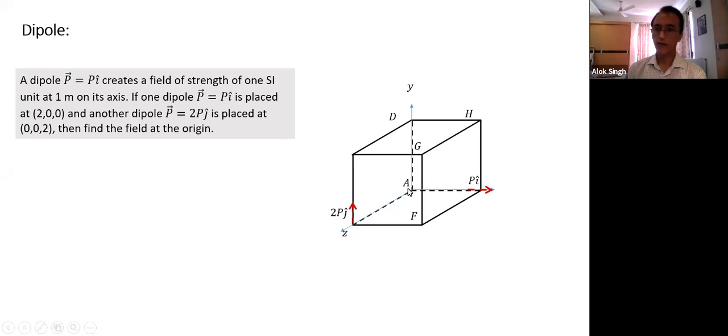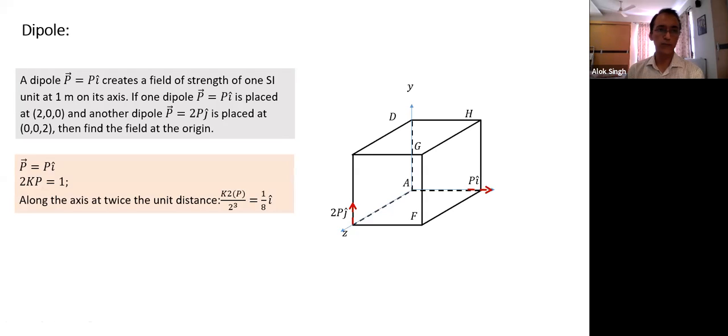Can I calculate the field now? And see, did you do it correctly? What is given is the field strength at 1 unit, at 1 meter. It is basically saying 2kp by 1 cube is equal to 1. Or 2kp is equal to 1. Are you getting the meaning here? The first part of the statement means 2kp is equal to 1. So p is equal to p1, and 2kp is 1.